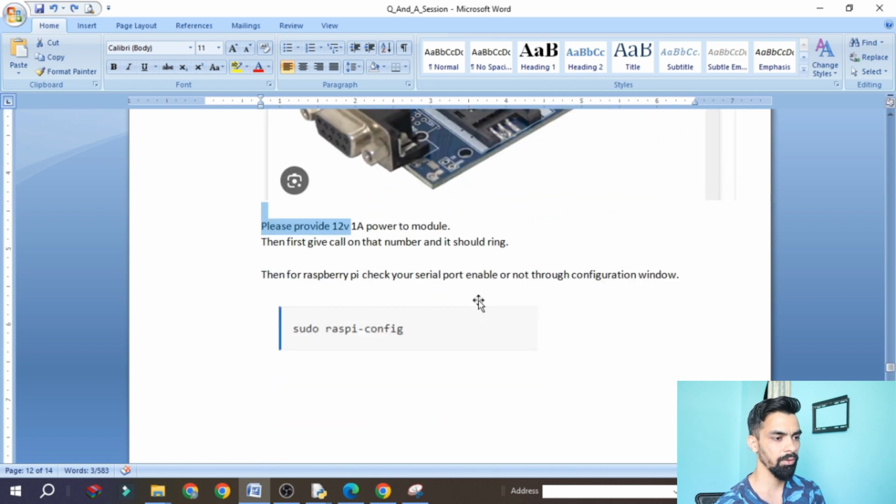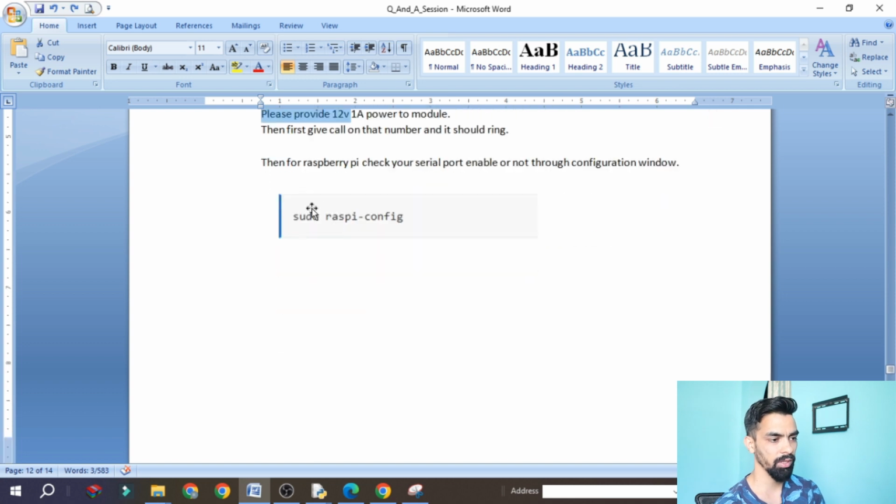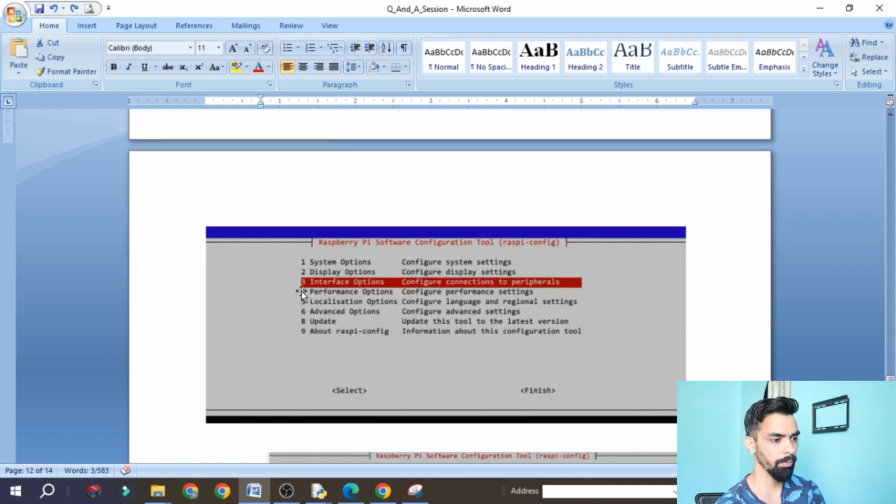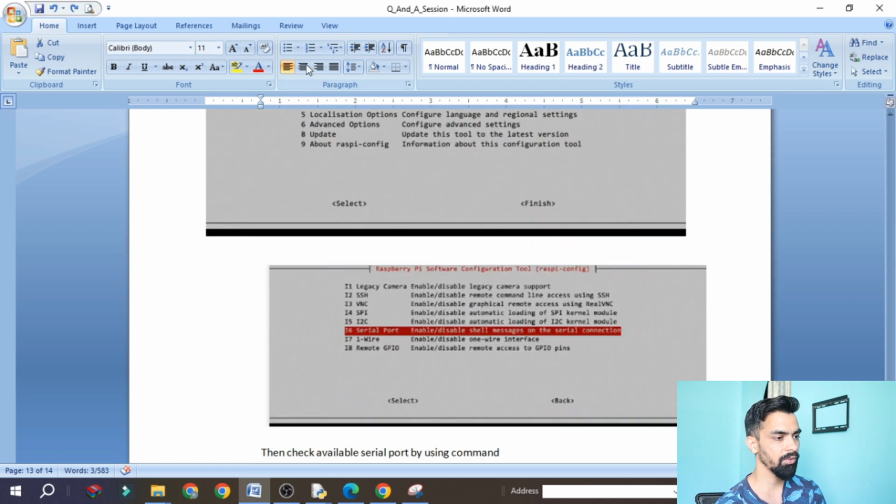For Raspberry Pi, if your GSM module is not working, then first enable the serial communication. So how to enable? Type the command sudo raspi-config, then this window will open. Go to the interface option, then enable the serial port. Maybe the serial port is disabled.